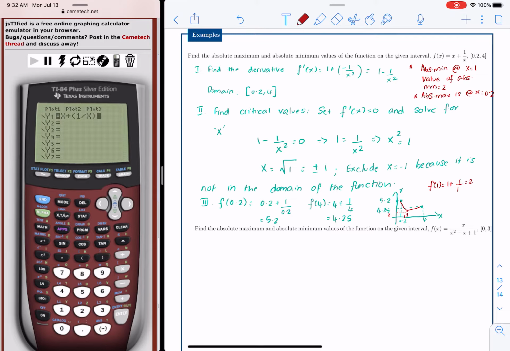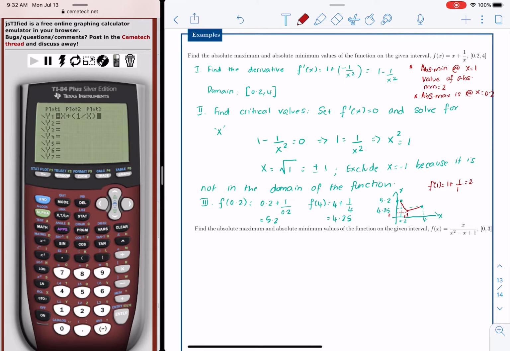Here we have another example. And the very first step is to find the derivative. So u is x, v is x squared minus x plus 1, u prime is 1, and v prime is 2x minus 1. So we have to use quotient rule. So f prime of x is